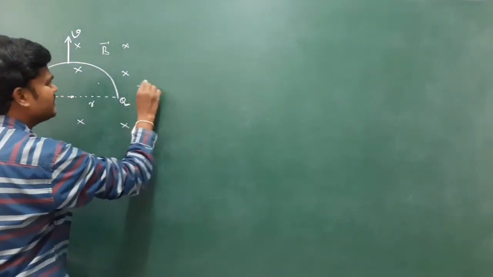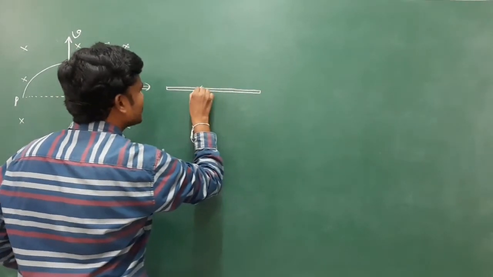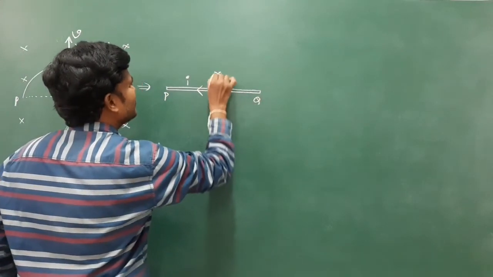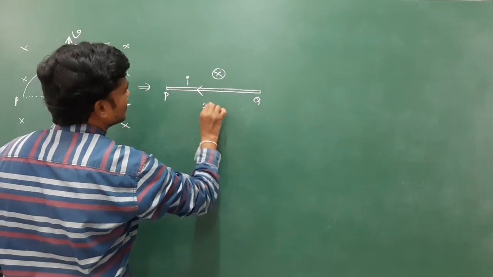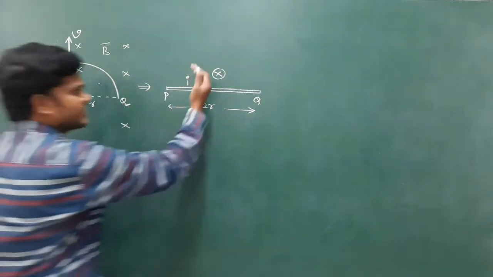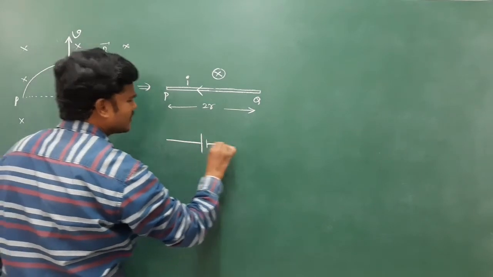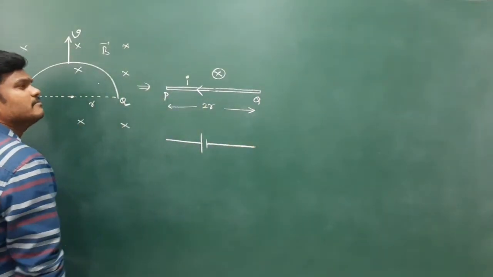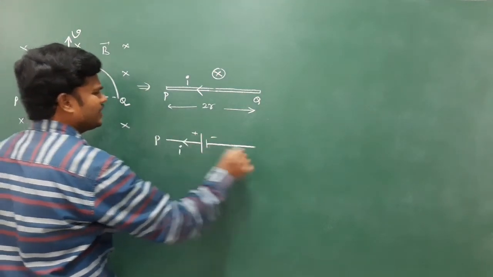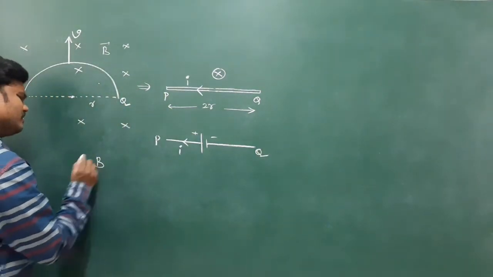Means we can replace this semicircular wire with a thin rod, and in which some current will flow like this. Okay, this side, and this is P, this is Q, and the magnetic field is into the board, and the length is 2R. So the EMF will be in this direction, means we can replace this rod with some battery. In electronic symbol, we can draw it as a battery symbol. So the moving rod we can replace by a battery. So this is positive, negative, and the induced current goes through P Q.